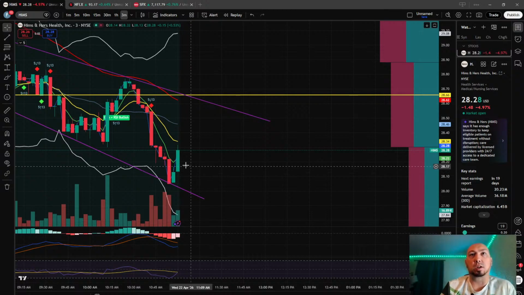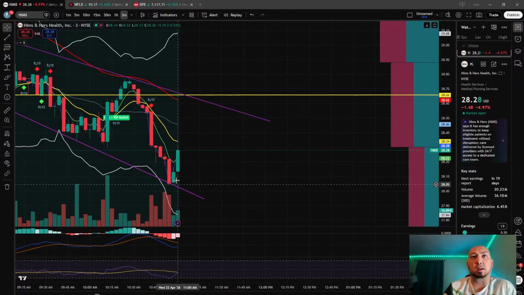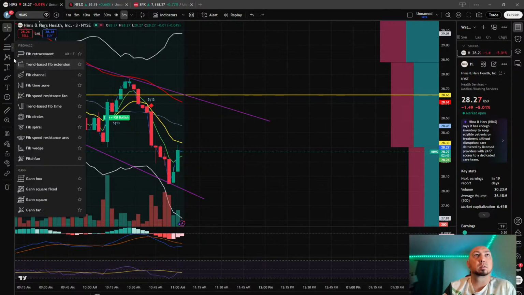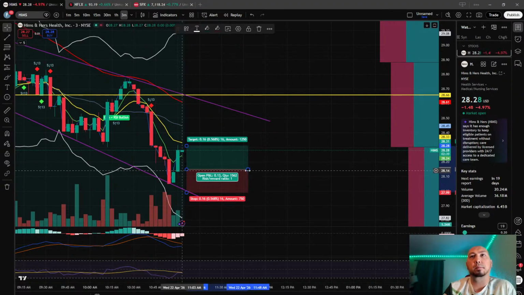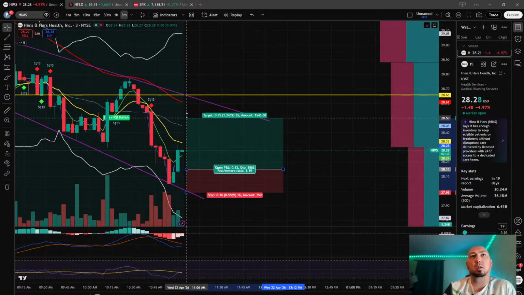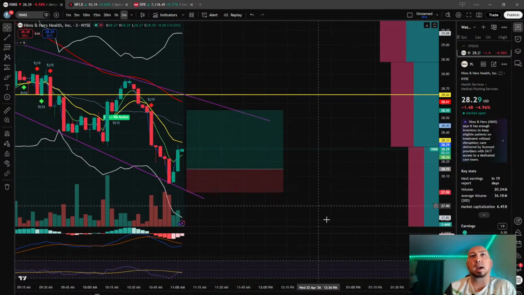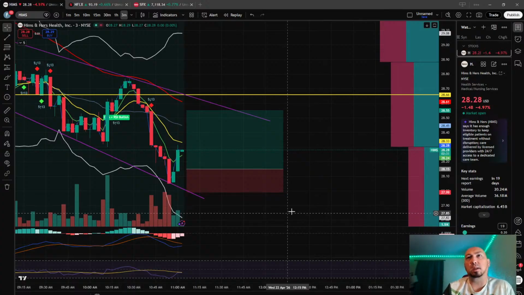So I mean, obviously we could have jumped into calls. We see that it's going to bounce off of here. We've got green volume, we've got MACD changing, we've got RSI changing. So ideally you would have jumped into a call right about here, and would have wanted to run up to roughly the top of that gap, potentially.